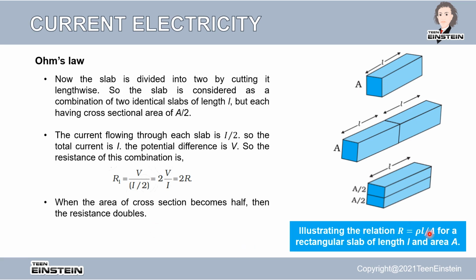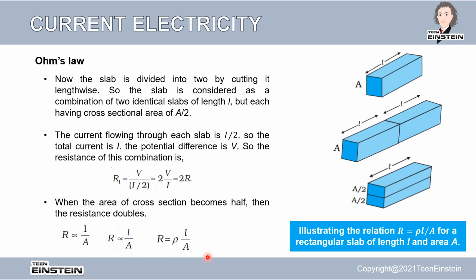So this gives us the relationship between R and A: R is directly proportional to 1 by A. And we will combine these two results. In the first we talked about L, so R is proportional to L, and R is inversely proportional to A. So this gives us R is proportional to L by A, and we will add a proportionality constant, rho. So this gives us R equal to rho L by A, and rho is nothing but the resistivity of